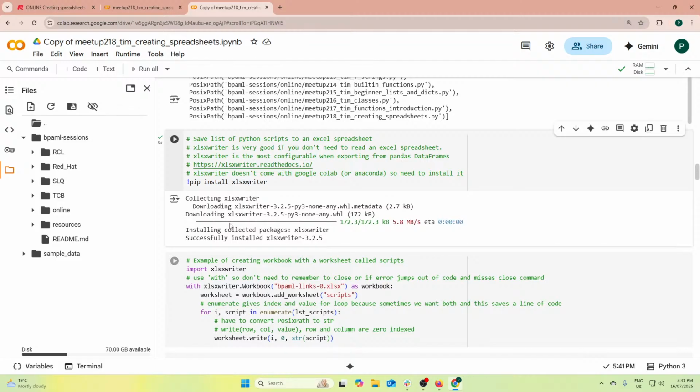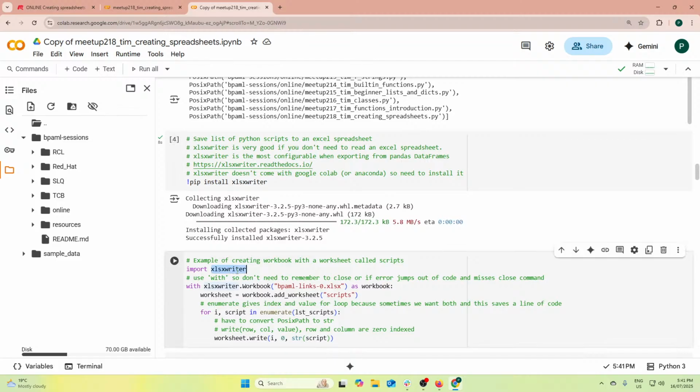You'll notice that before we did that, I was getting an error message here when I was trying to import xlsxwriter, but that error message has gone away. It's no longer underlined because it's now installed. So let's import it, and we'll create a workbook. To do that, we